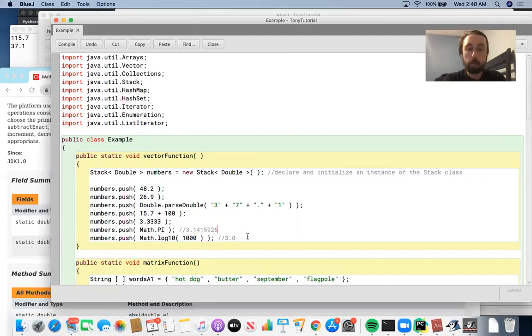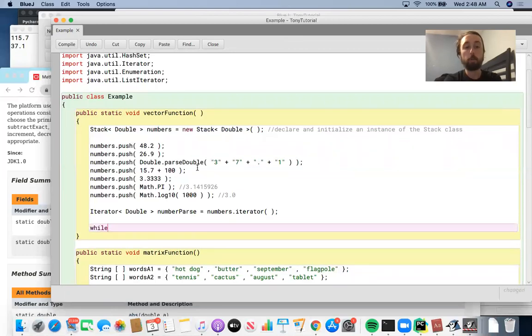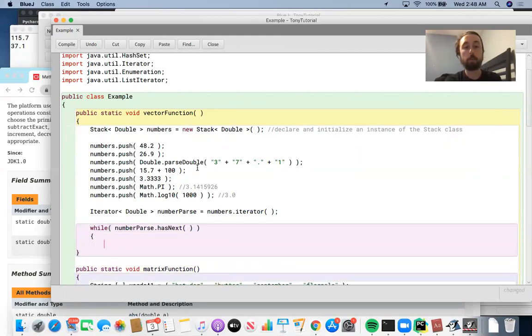But now we have 7 elements added onto the top of the stack, and we could create an iterator based on them. So we could say Iterator of type Double, and then we could say numberParse equals numbers.iterator, right? So hopefully that's clear to you. And then what we could do is we could say while numberParse.hasNext, and then we could say something like System.out.println of numberParse.next,